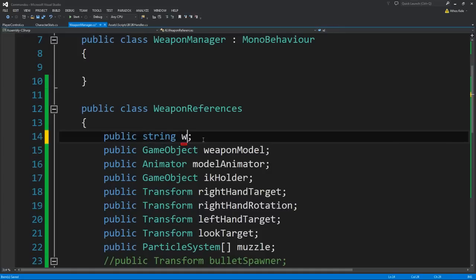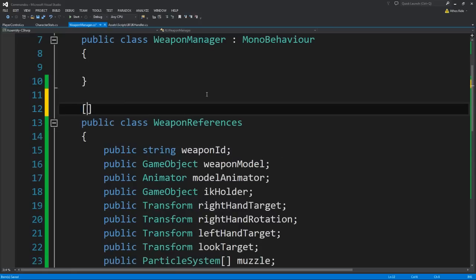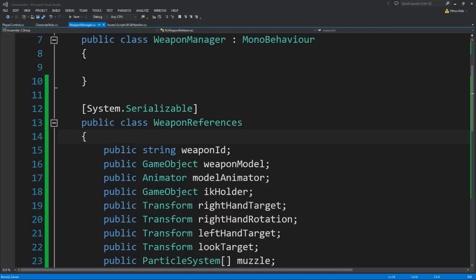Let's call this weapon ID just for coherency. This will also be system.serializable. Now,